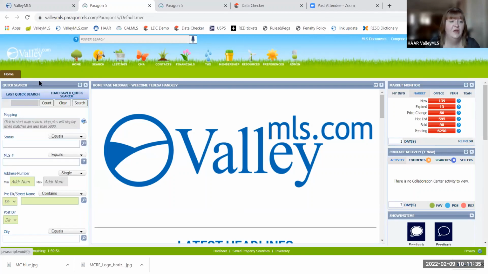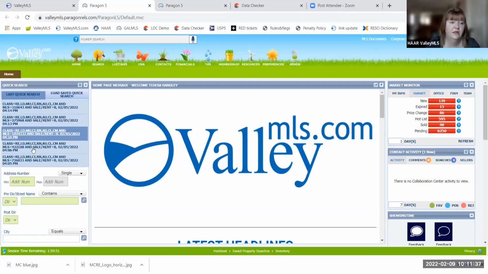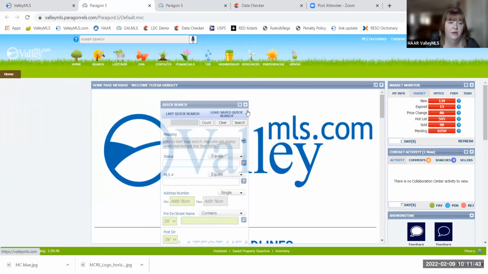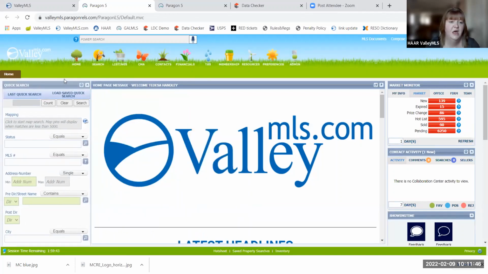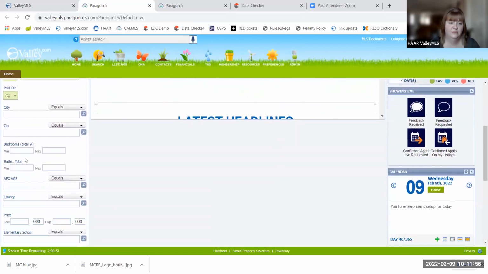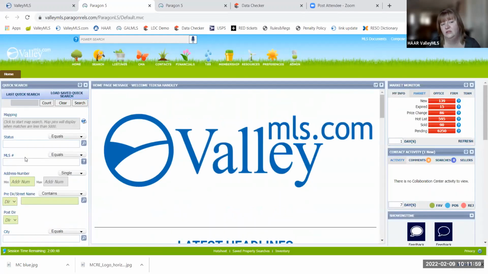No. Okay. So the quick search over here on the left, which by the way, this is all modular. I didn't know this for a long time, but I can actually move this if I wanted to, but I don't because I'm a creature of habit. This quick search here, you can enter a lot of basic information if you're looking for a range on a certain street or, you know, statuses in a zip code. I don't utilize quick search a whole lot, to be honest. So I can't give you a great idea of what it's very useful for, but it's there if you need it. Usually I use it when Powersearch fails me. And that's what we're going to talk about next, which is up here at the top.